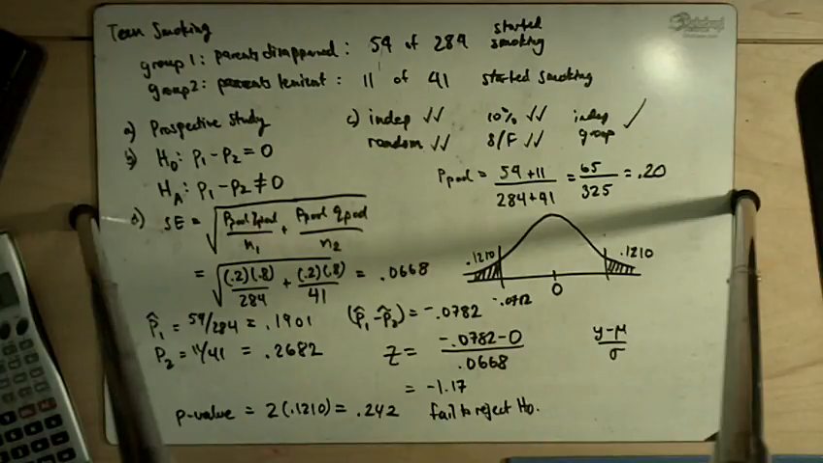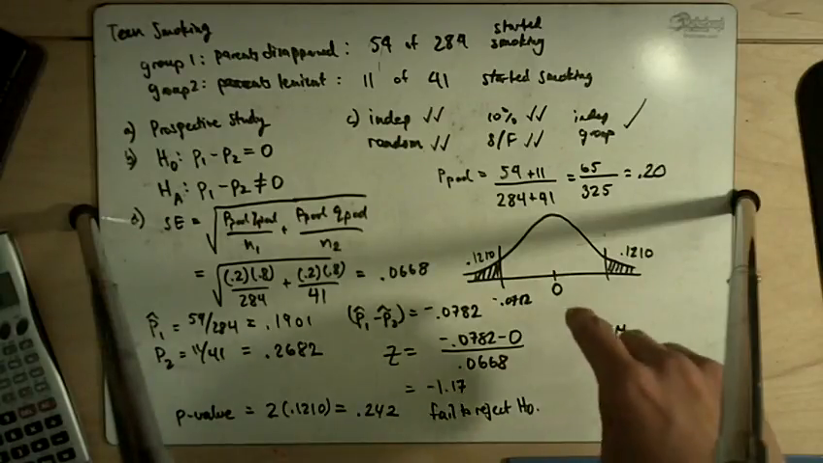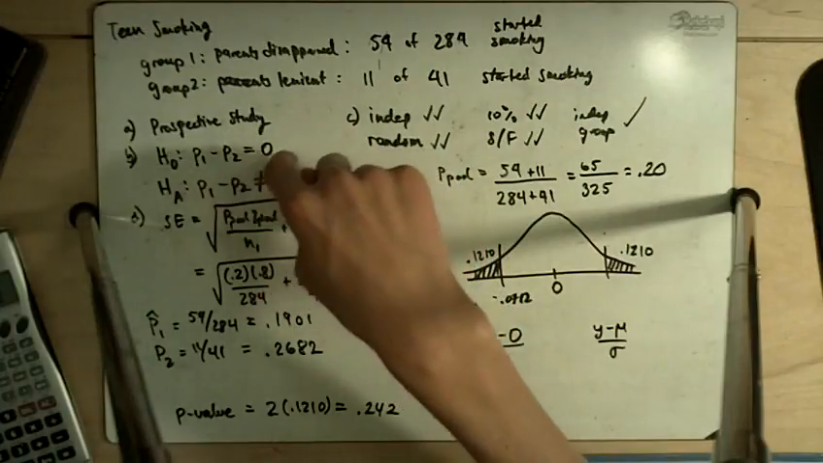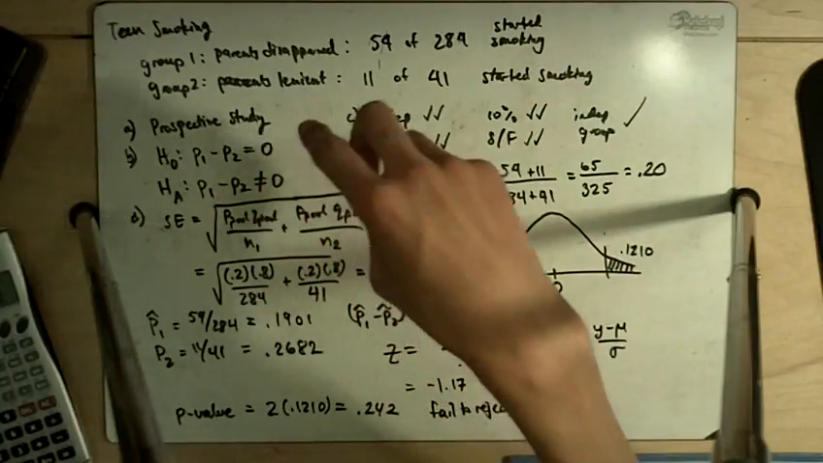Alright, so I've run out of space to write out the answers for E and F, so I will just explain them. It says, explain in this context what your p-value means. It means if the null hypothesis were true, that there is no difference in the proportion of students who start